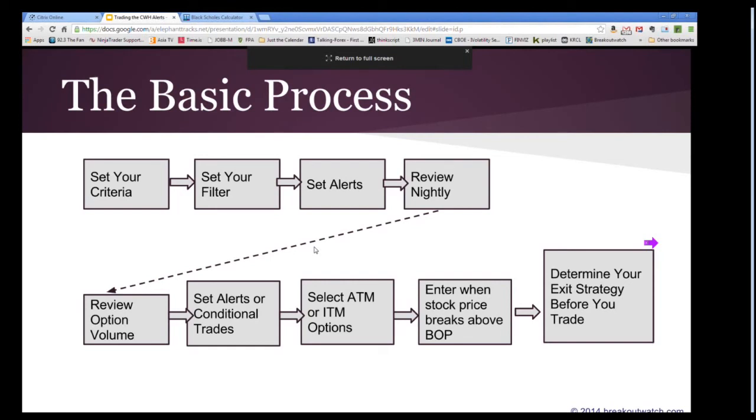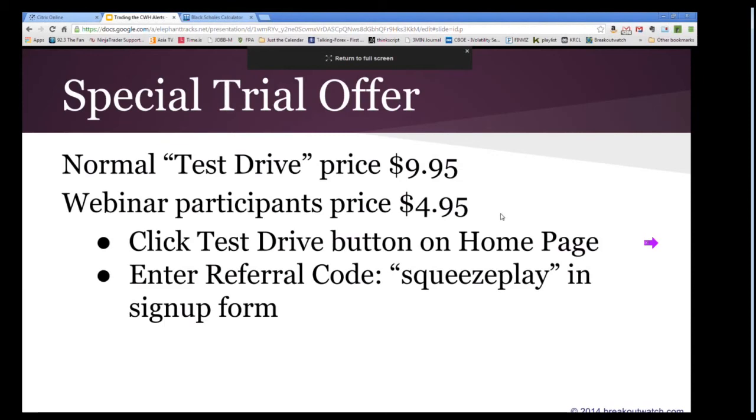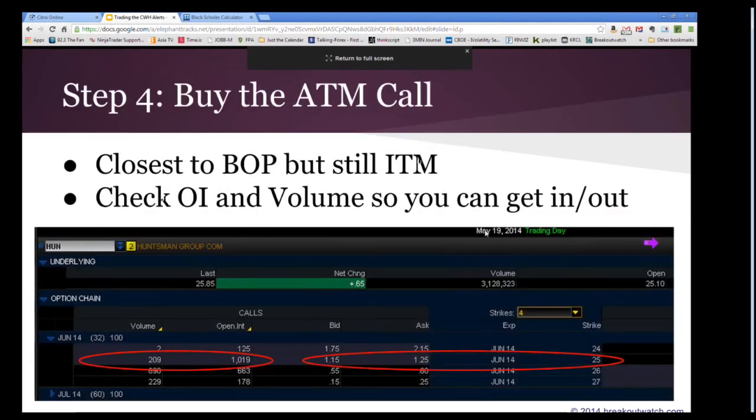Now, open interest is basically the number of contracts open when I'm looking at it after the market, at the end of the day. During the day, you'll get volume also. Let's see if I can go back to that slide. Wait for the slides to catch up here. This is just like stock volume. This is the amount of volume. So at whatever moment in the day I took this picture, there were 209 contracts traded for this 25 call. Prior to today, there's 1,000. And again, I'm arbitrarily, because I don't know any better, haven't got any scientific data yet, but that'll be something we'll do down the road, it seems to me around 500